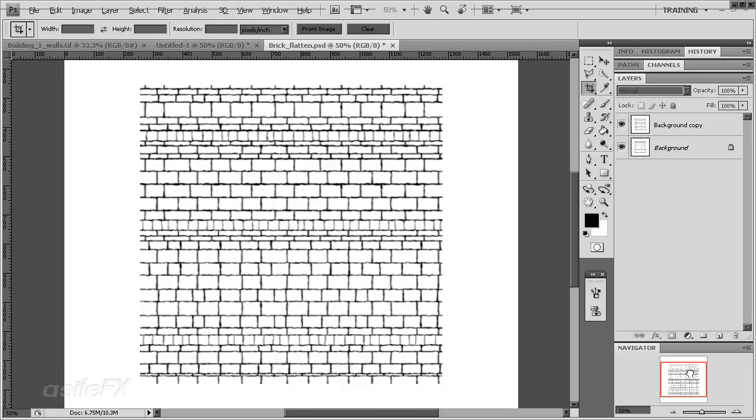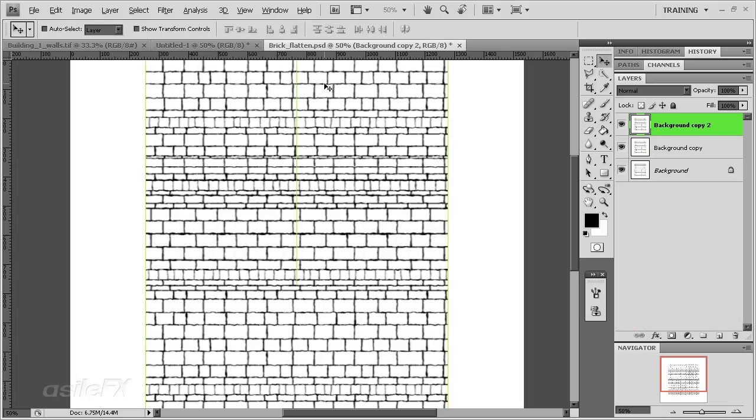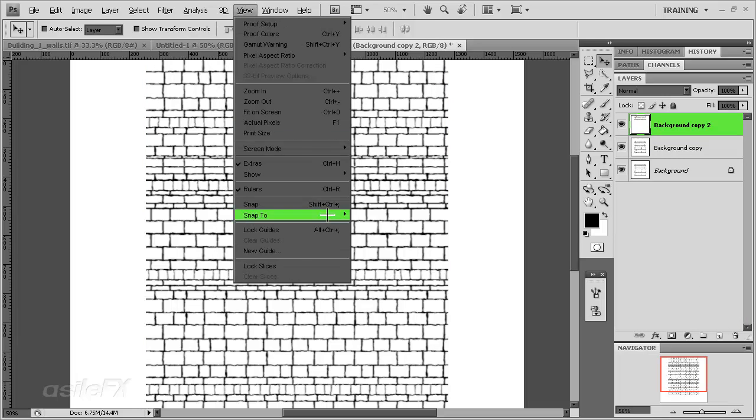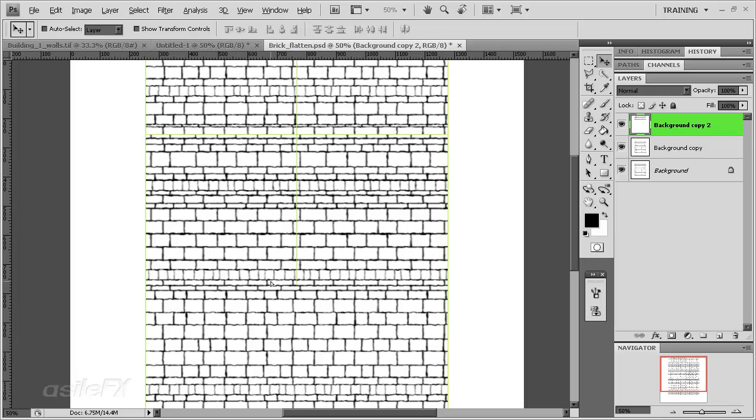This gives us an extra canvas area, and what we can do, and we really only have to do it to this background 2 or the copy, is create a duplicate, and I'm going to go up to View and Snap to, and just make sure that document bounds is turned on, and pretty much everything, and turn on Snap. And then when we create a copy,